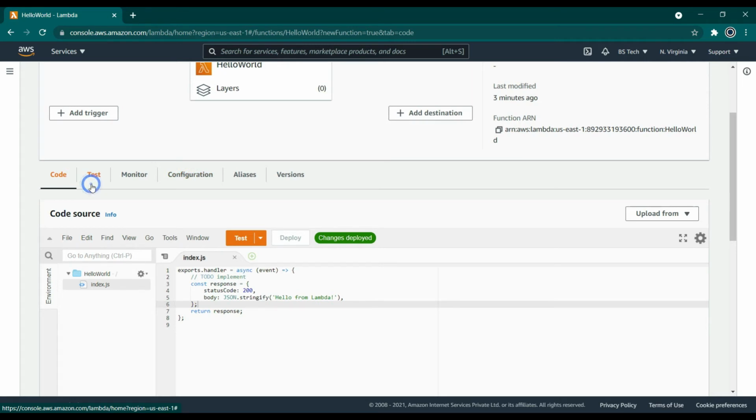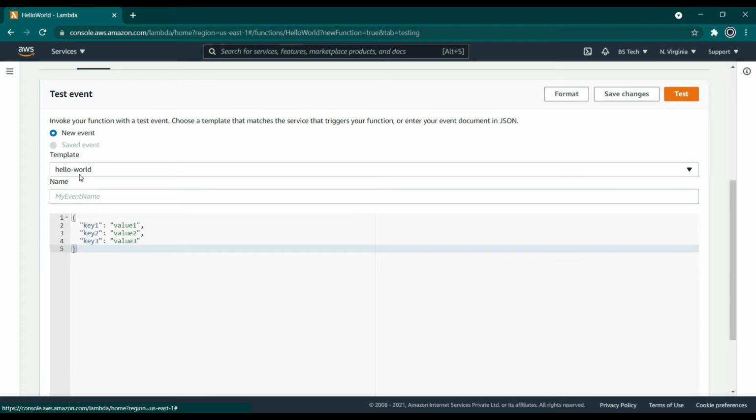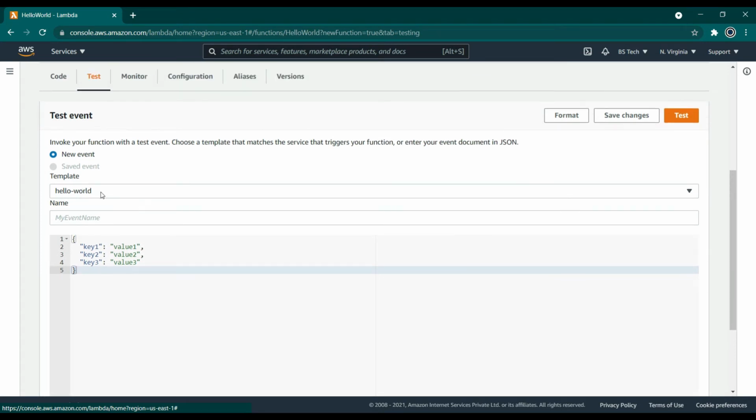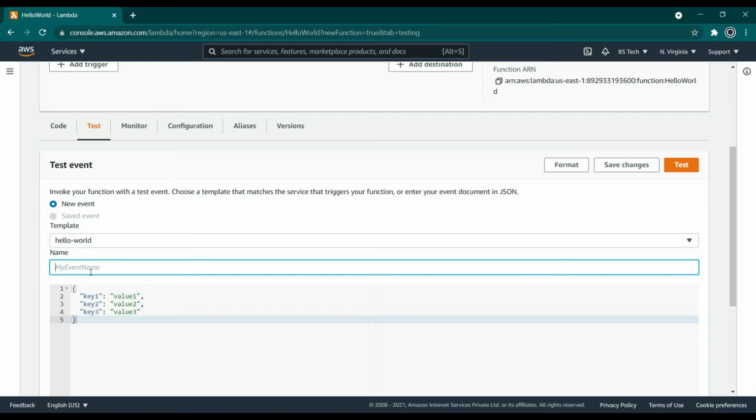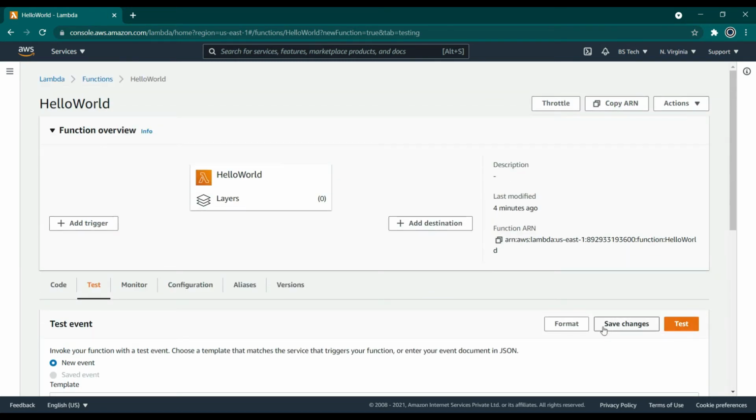And then let's go to the next part, test. So this is for testing your Lambda function manually. By default, you can choose it for hello world kind of things. So let's give this test name. Simply call it test, and let's save it,